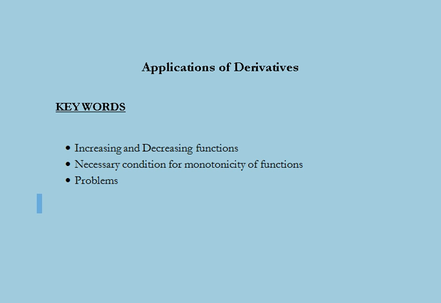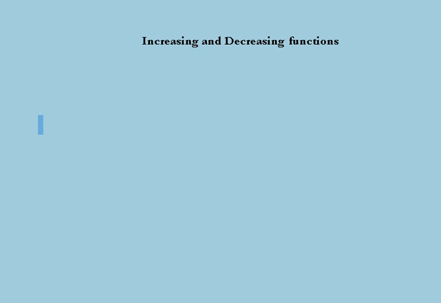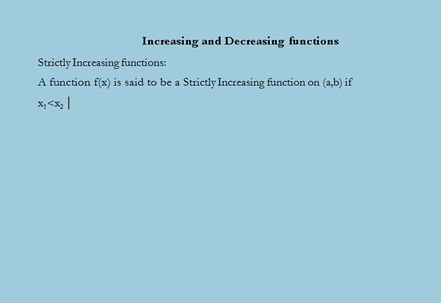And finally, we shall conclude this lecture by discussing some numerical problems based on the concepts that we are going to discuss in the coming segments of this lecture. Starting with a strictly increasing function: a function f(x) is said to be strictly increasing on the interval (a, b) if x1 is less than x2, which implies that f(x1) is less than f(x2),